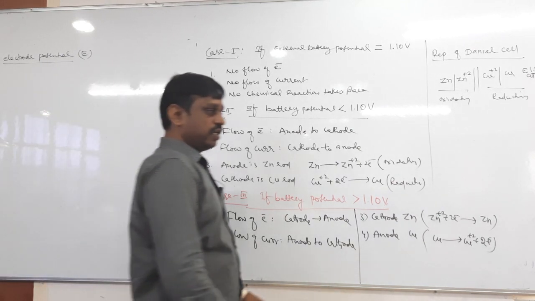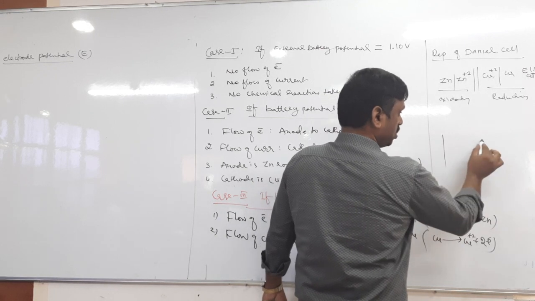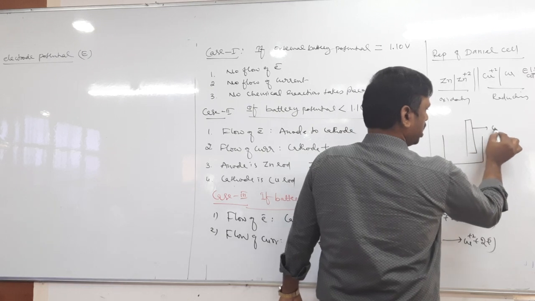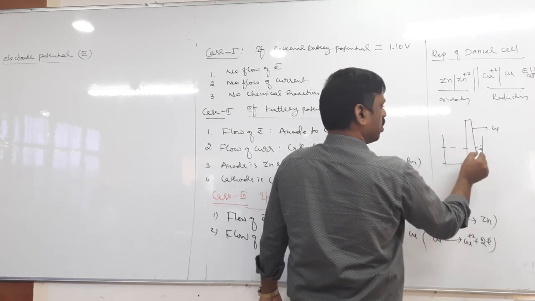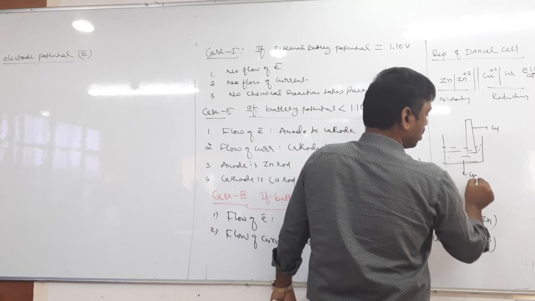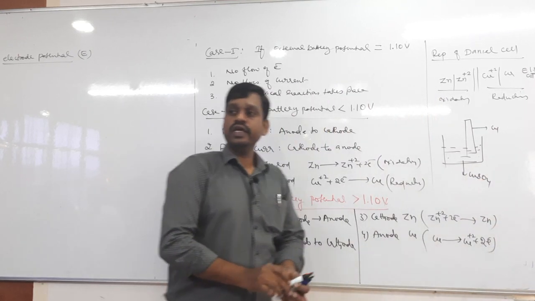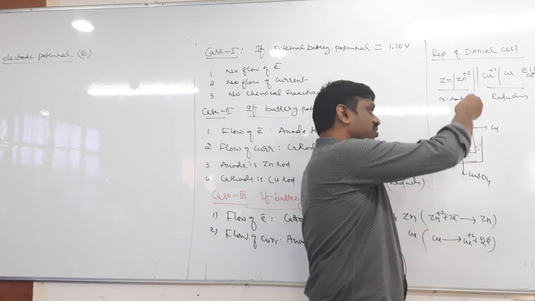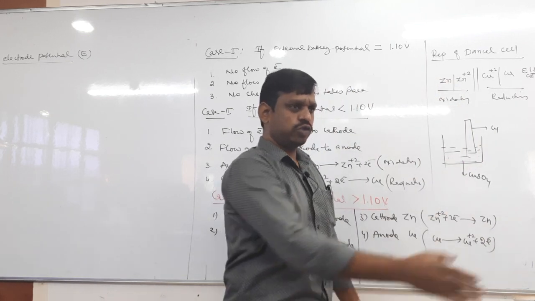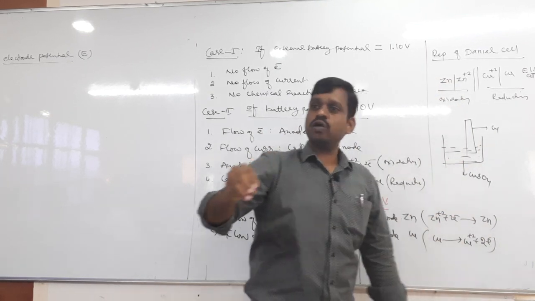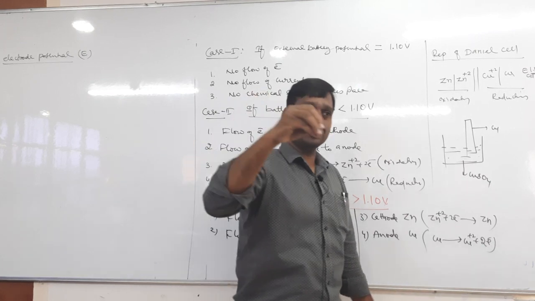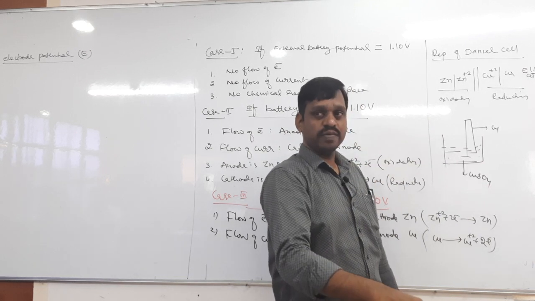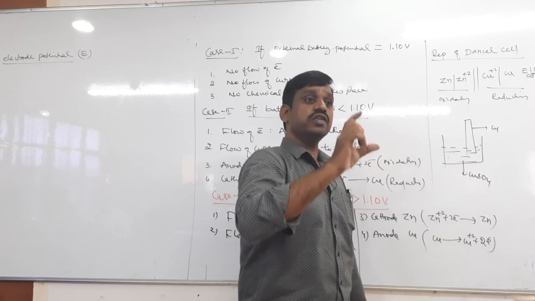We have studied the Daniell cell. In the Daniell cell, the zinc rod is placed in where? Zinc sulfate, no. Take the copper rod. Copper rod is placed in copper sulfate solution, and similarly, the zinc rod is also placed in zinc sulfate solution. Now tell me, when the copper rod is placed in its own solution, copper sulfate, and the zinc rod is placed in its own solution, zinc sulfate, a potential difference is developed.